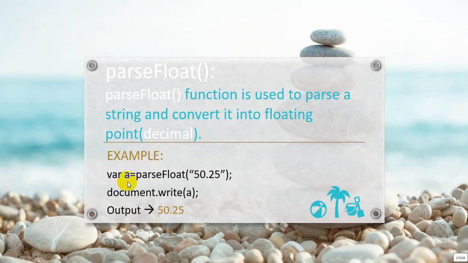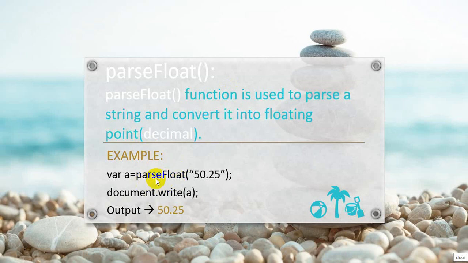You have declared a variable called var a, where a is the name of the variable. parseFloat is a function, and it's a built-in function. Student, again I am telling you that the function given by JavaScript is a built-in function, and JavaScript is a case-sensitive language. You have to remember this. I have written parseFloat as a single word, there is no space between parse and float, like we have seen with parseInt. But the F is in a capital letter, like in parseInt the I was in a capital letter. So you have to remember the cases which are given by JavaScript.